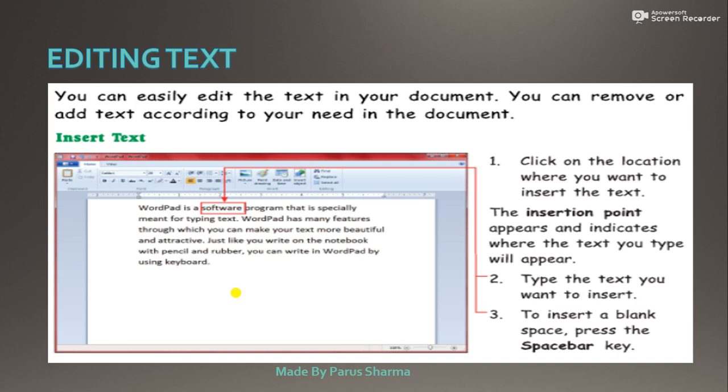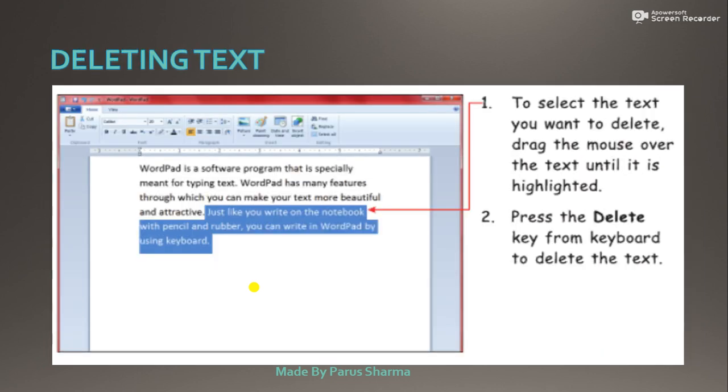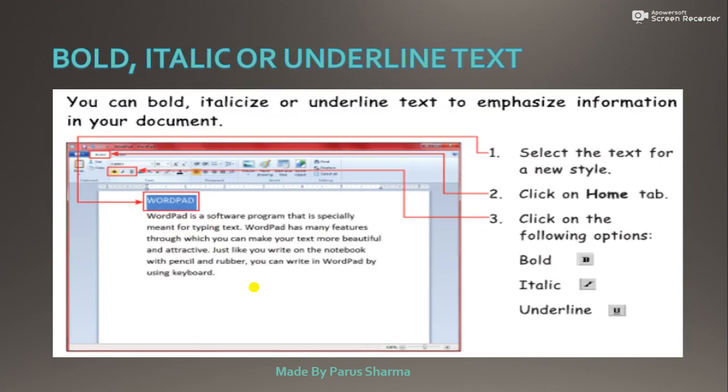Like here the word software is given, if I want to change it to another word, I first have to delete it and add the other word. This is called the editing option. And how to delete? First select the sentence or word which you want to delete and press the delete key from the keyboard.